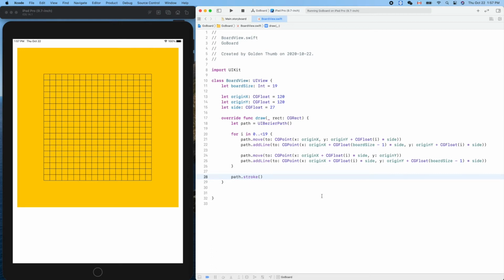Aha! I just realized I forgot an important thing on the board. What is that? 9 black dots, right? It's called the star location. So it will be here and here and here. The locations are 0, 1, 2, 3, so 3 and 4